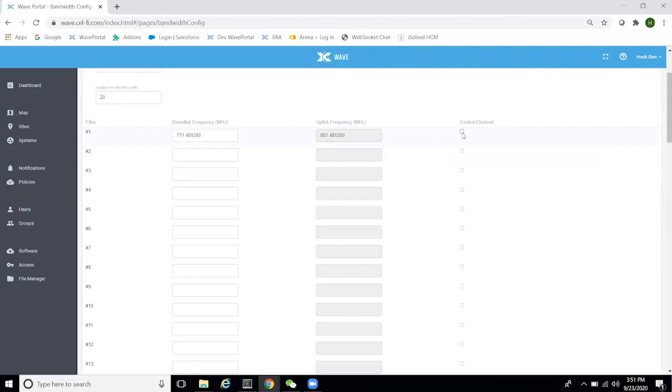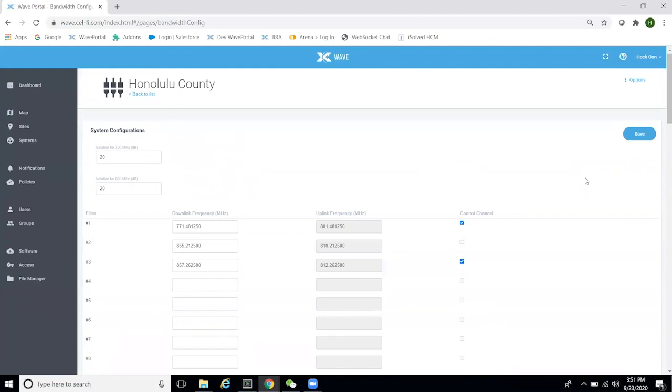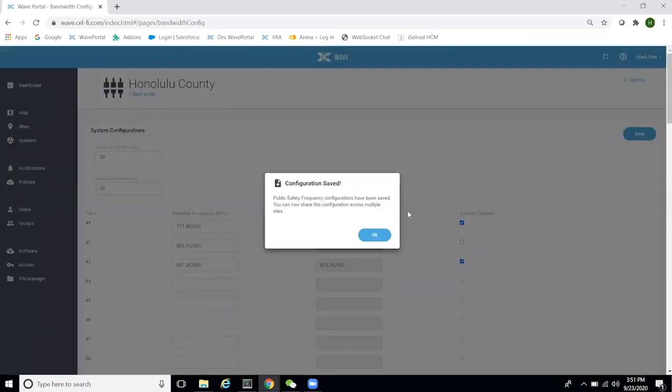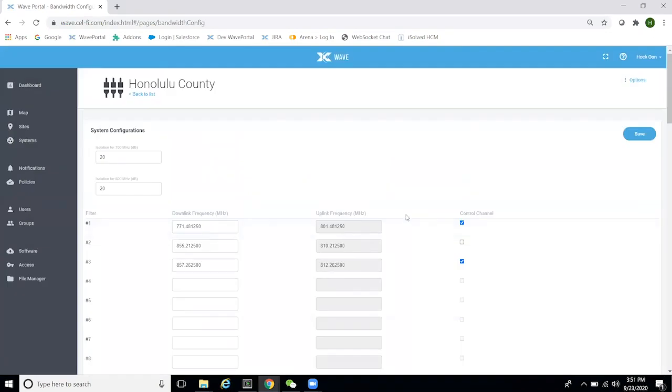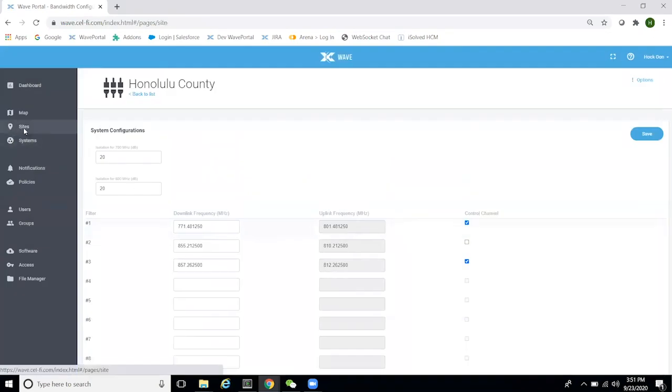So if it's a control channel, you need to check this box. So let me key in two other channels, the 800 MHz, 0.2625. So once you have keyed in all the channels, you just need to save this configuration file. So once the configuration file is saved, click on to the site,